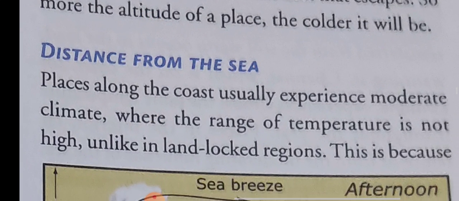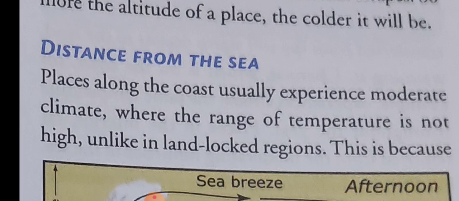Next one is distance from the sea. The next factor is distance from the sea. Some places are along the coast, some places are situated near the sea, and some places are located far away from the sea, which means they have a great distance. So places along the coast usually experience a moderate climate. Moderate climate means neither too hot nor very cold, an equable climate,